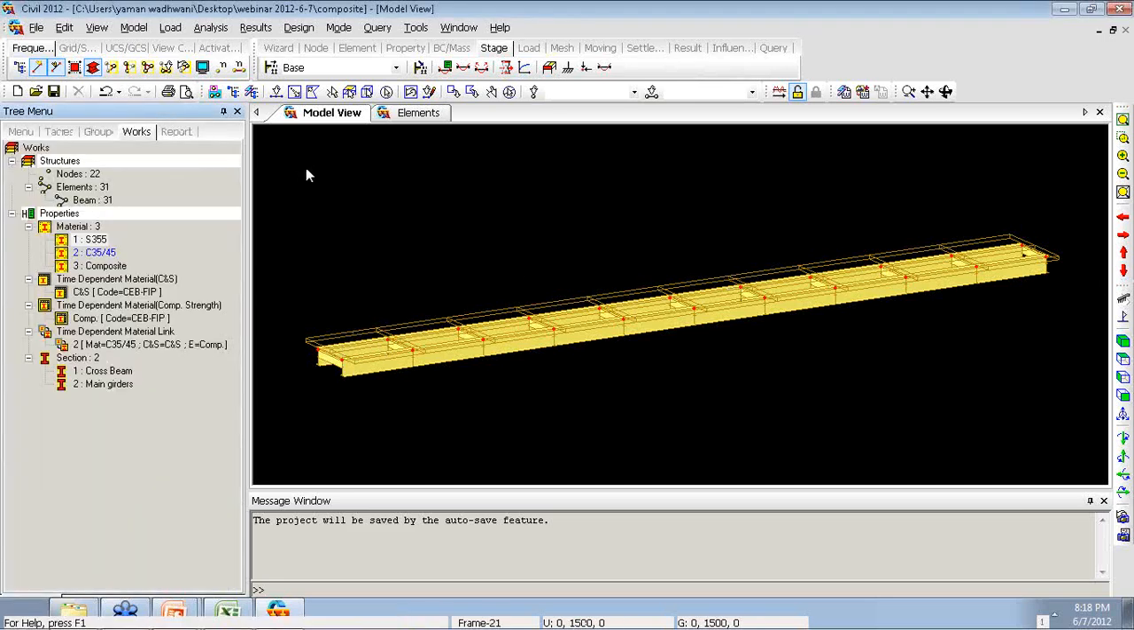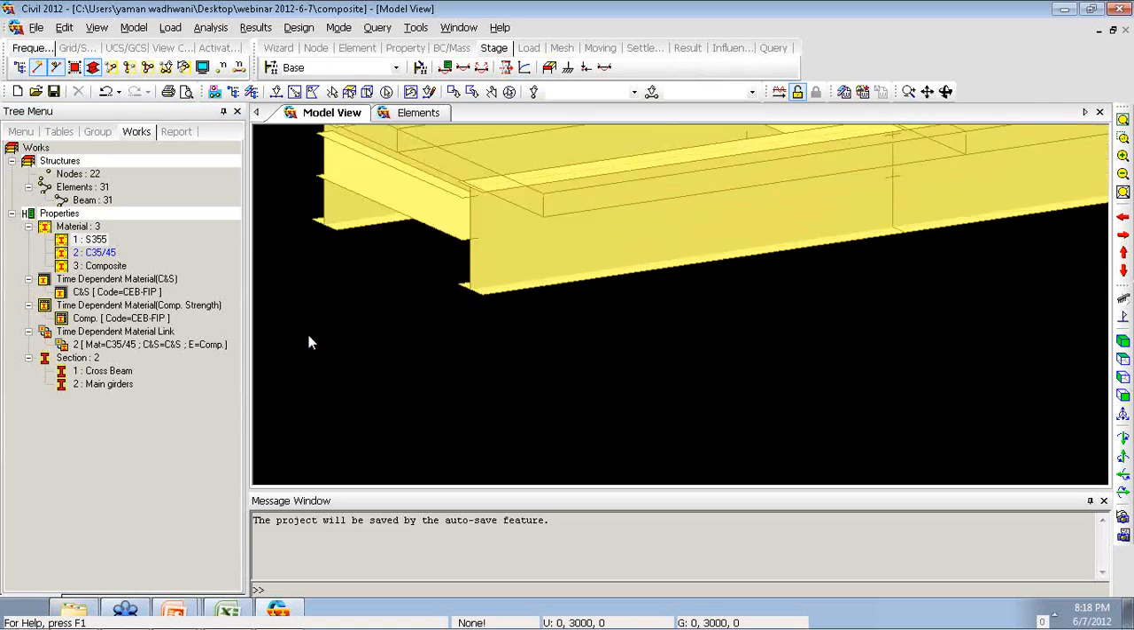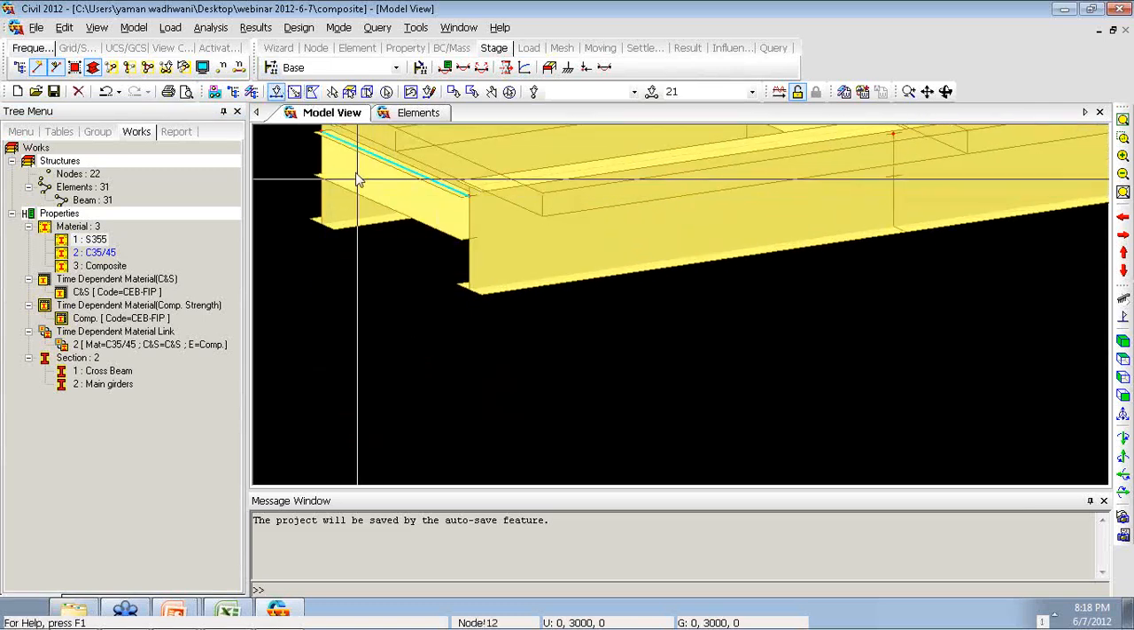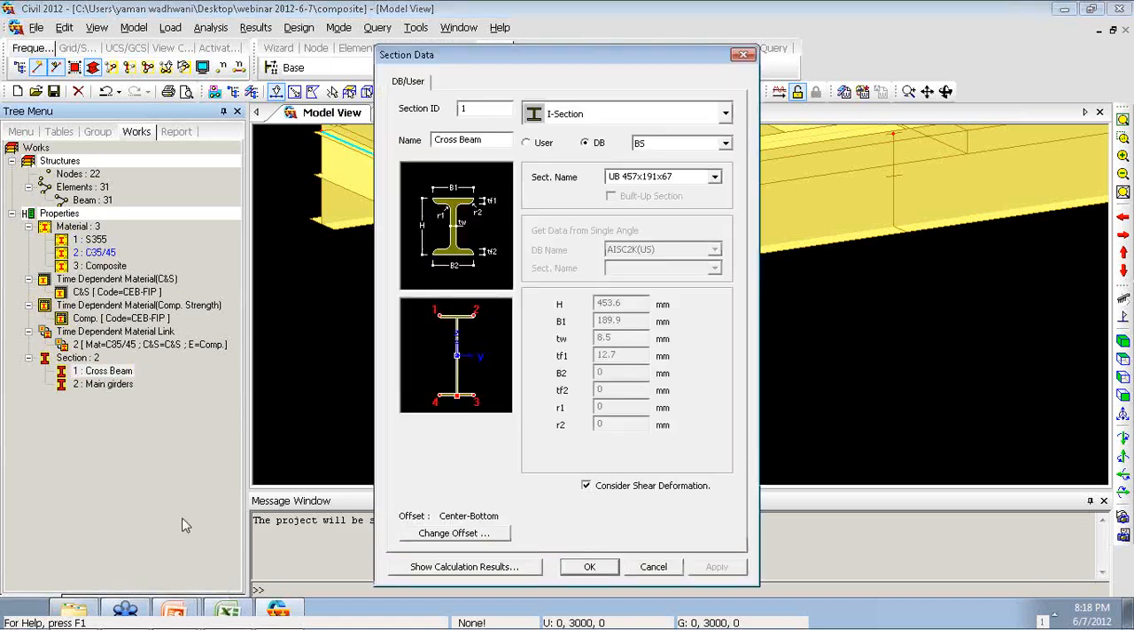Well, as I mentioned, this is due to the offset function. You can change the position of the element according to this offset. For example, I'll show you here. If I select this cross beam and I go to the section for this cross beam,